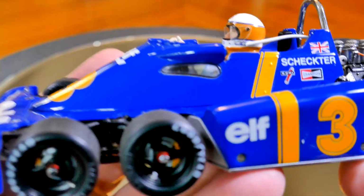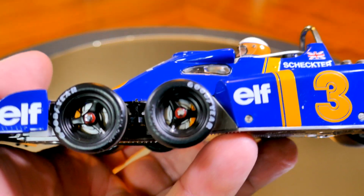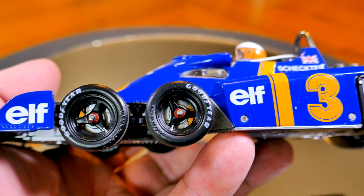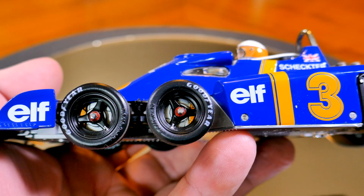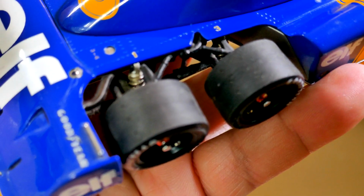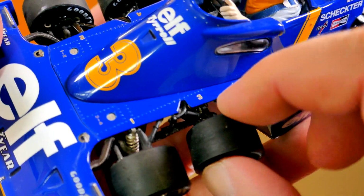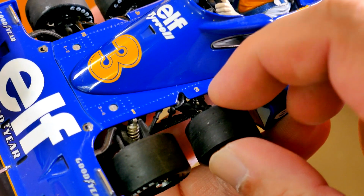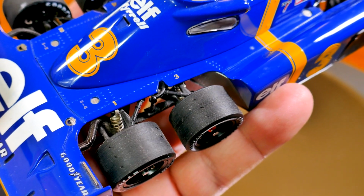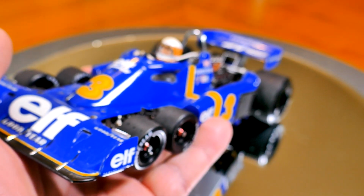And then in the front, though, it's less deep, so you can see these little 10-inch tires with the tiny disc brakes and calipers in there, so that's kind of neat. You look here and you can see also some nice detailing here in the suspension too, and the wheels do turn somewhat in unison, so again, that is some very nice detail there. Taking a look at the front here,